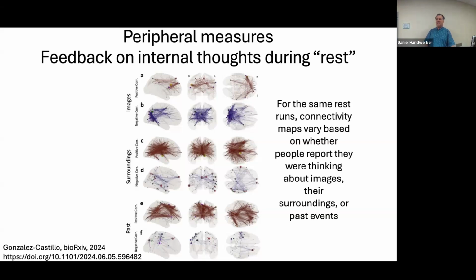People are doing things, and the more information you can collect about what they're doing, the more it will help control for that. Going back to my earlier topics on what's structured and unstructured, in some studies this is just random noise. One person was thinking about yesterday, one person was planning a day in the future, one person was counting the number of rivets on the inside of the scanner bore, and that little bit of variation in the scan doesn't matter. But let's say you're studying across populations, and